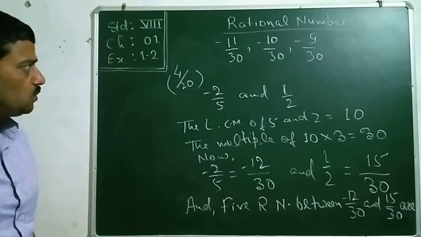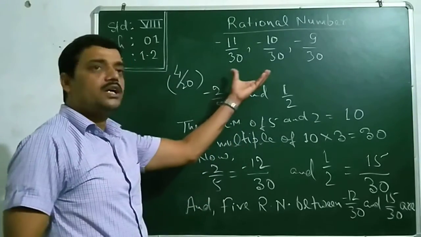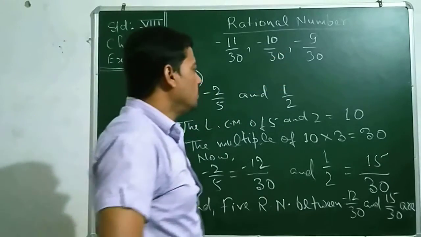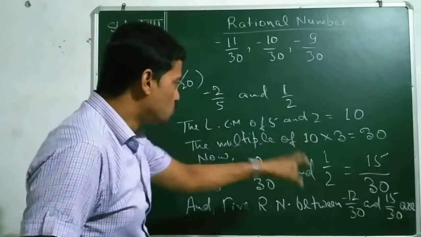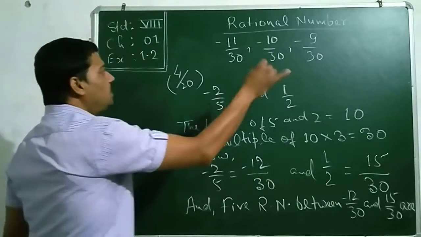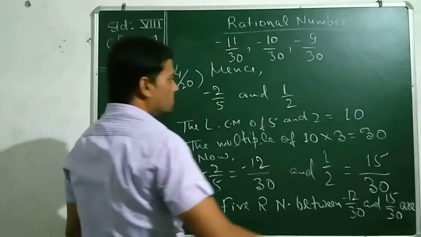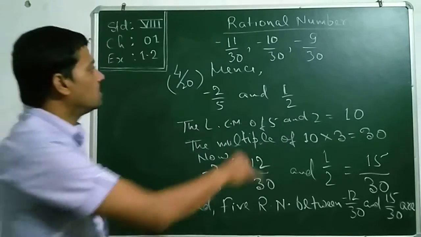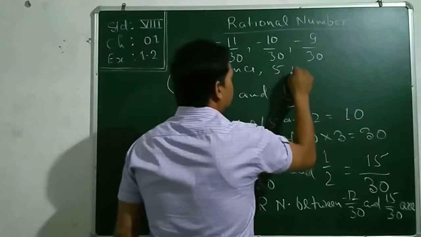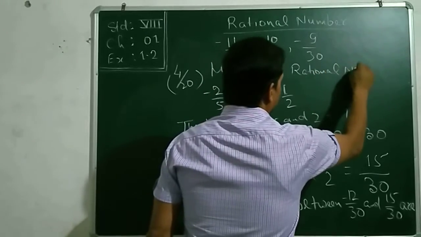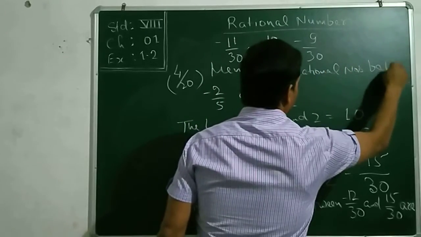I have given you such an option that you can find more than 10 numbers in between these two numbers. Now finally you will write, hence, five rational numbers between,